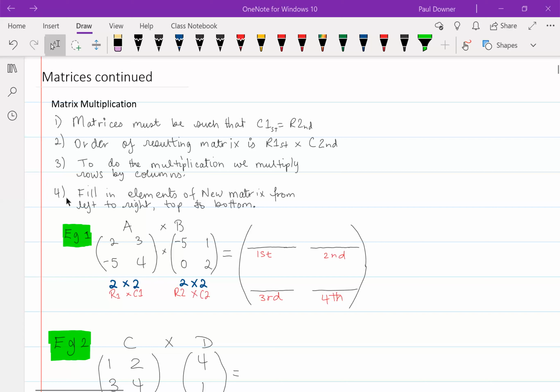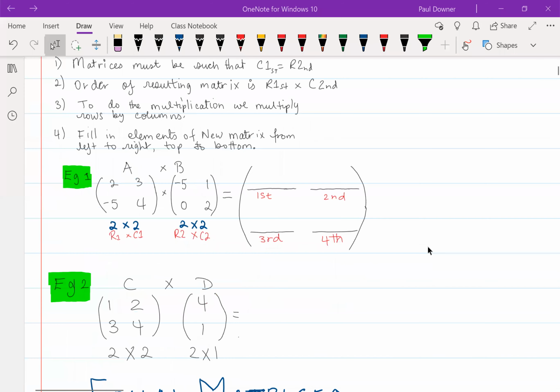And the fourth thing we need to be aware of is that when we are filling out the matrix, we always fill in the elements of the new matrix from left to right, top to bottom. In other words, like how you're going to be reading a book, right? So our first example, example 1, says that if we have the matrix A and B, A being this matrix 2, 3, minus 5, 4, B being this matrix minus 5, 1, 0, 2, and we are multiplying them,